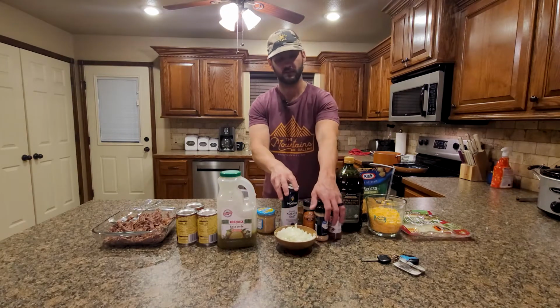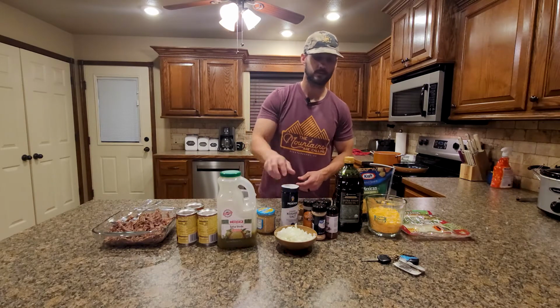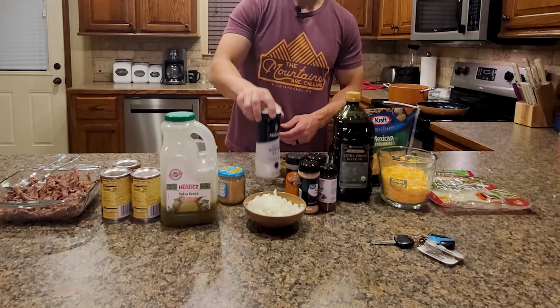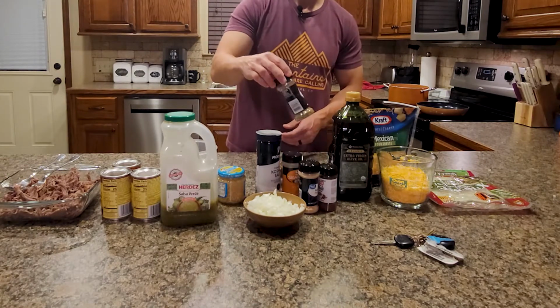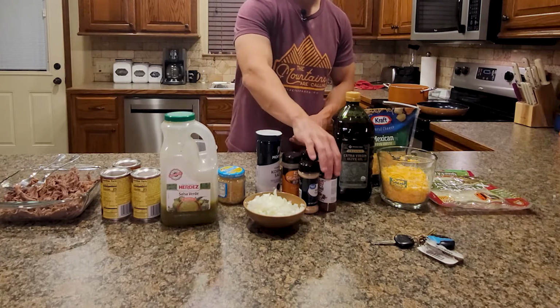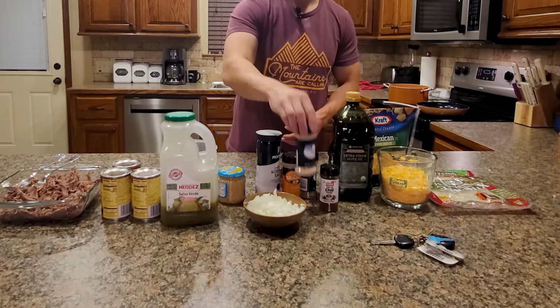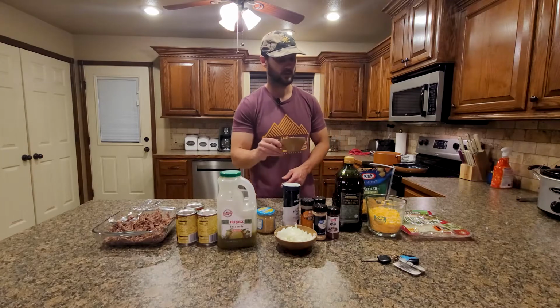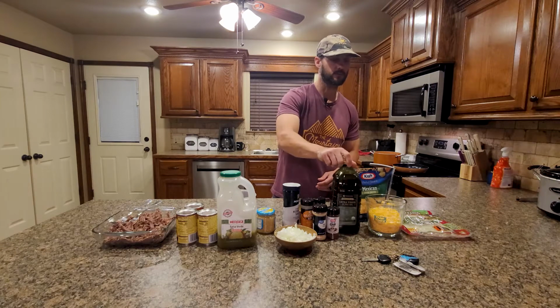and I've got 5 different spices here that I've mixed into a bowl. I've got 1 teaspoon of kosher salt, 1 teaspoon of cumin, 1 teaspoon of oregano, 1 teaspoon of chili powder, and 1 teaspoon of garlic powder. Like I said, I've got that all mixed in a bowl. You'll need some olive oil,